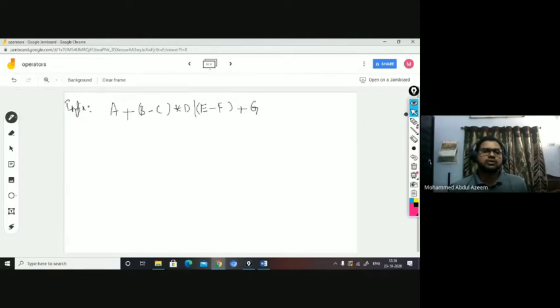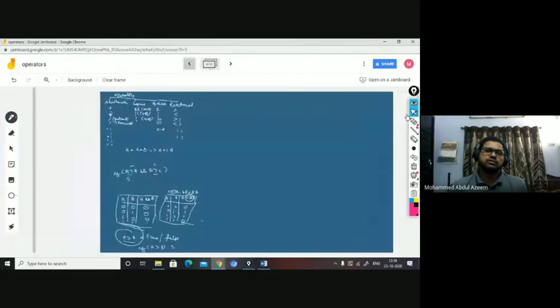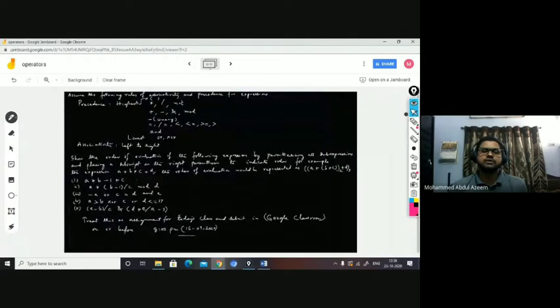Now we are asked to convert this into, let us say, prefix form. How do you convert it manually? Provided you are given the precedence rule and the associativity rules. Let us say the same precedence rule, which we have discussed before, and the associativity rules are given.